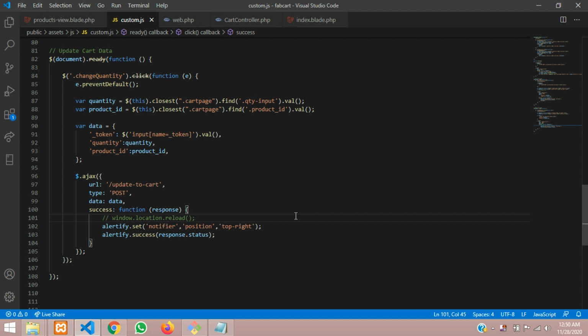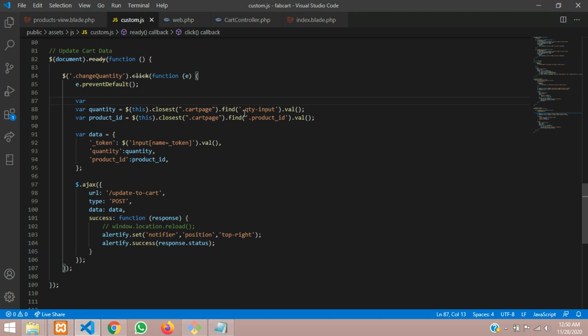For that, first, the simple thing is this which we are using over here. We have to call this first. So we will create a variable, like this click, or else you can mention this area, however it's comfortable to you. I'll create this click is equal to $this. So I have stored it over here. This click means anything which we clicked on, it will be stored over here.